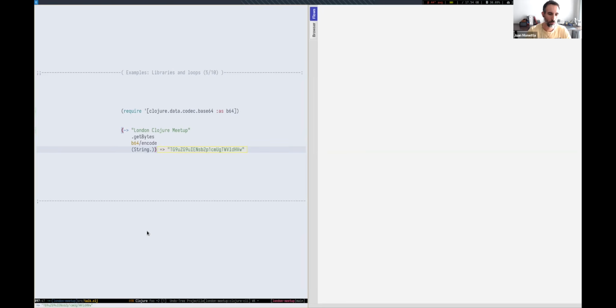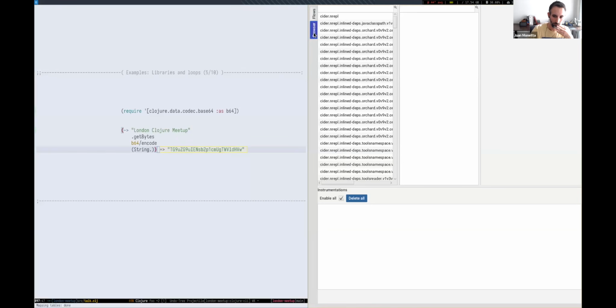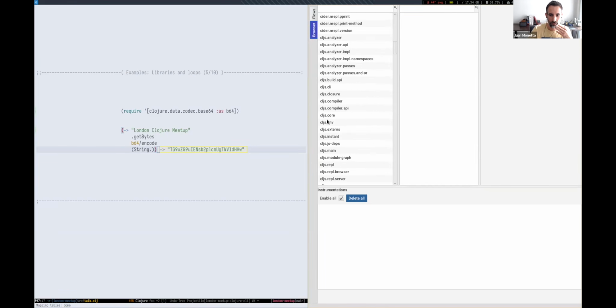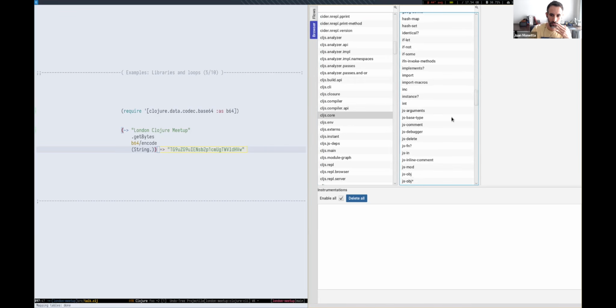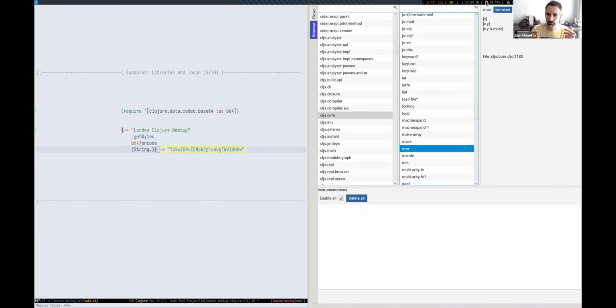Now, let's say we want to debug or understand how that encode is working. One thing we can do to instrument that is to use the browser. The browser is this tool here that is going to show all the namespaces that are currently loaded. When we click them, we see all the vars inside the namespace. And when we click on the var, we are going to see documentation, arguments. I mean, this is just for exploring, but we also have the ability to instrument any function we want